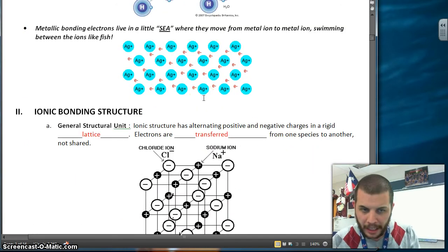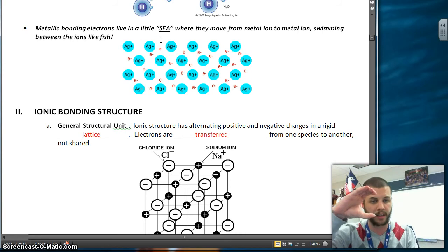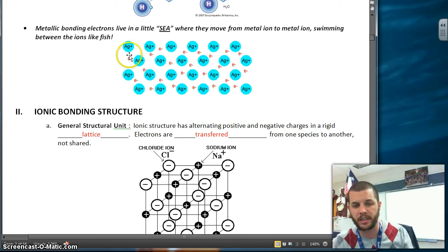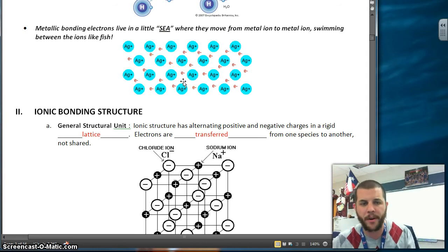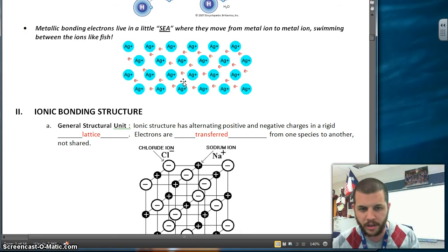Now, metals do things very strangely. It says metallic bonding: electrons live in a little sea of electrons. So we call this the electron sea model. You can see all of our little electrons floating about within our metal. Now, we're not going to really focus on metal bonds, so you don't really have to worry too much about it. If you understand the electron sea model,